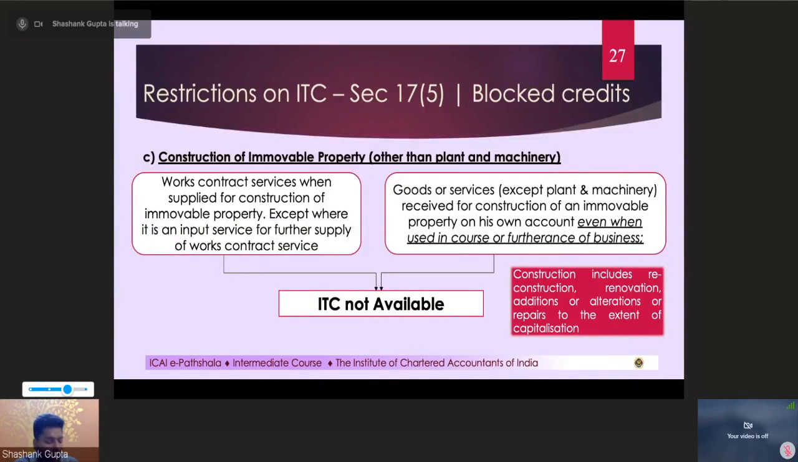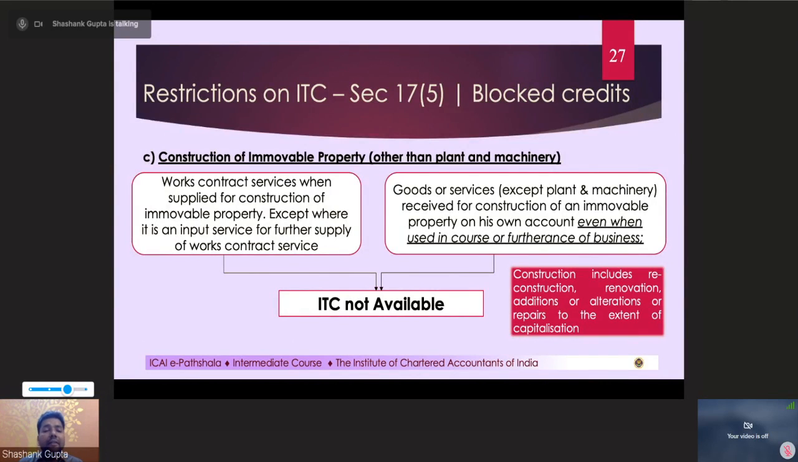Construction of immovable property other than plant and machinery. That is, works contract services when supplied for construction of immovable property except where it is an input service for further supply of works contract service. So basically,